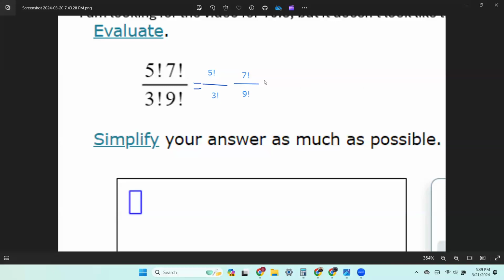All right, and those are being multiplied, okay? In other words, we're multiplying those two together. Because we broke them apart, but that's what it means when they're next to each other like that, they're being multiplied. So I just broke them apart so we can handle them separately. Now,